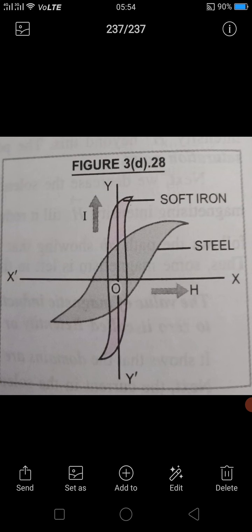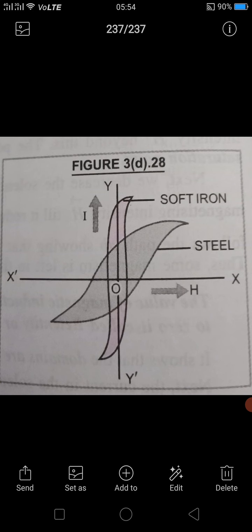Electromagnet. Okay, temporary magnet. The material used for making cores of the electromagnet must have the following characteristics. That is, you are observing for the case of soft iron. For the soft iron, the intensity of magnetization, meaning retentivity, is high from O in the upward direction. So in the case of soft iron, retentivity is high and it has a low coercivity value. So it has a low coercivity, high retentivity and high permeability. High initial permeability, so that magnetization is large even for a small magnetizing field.